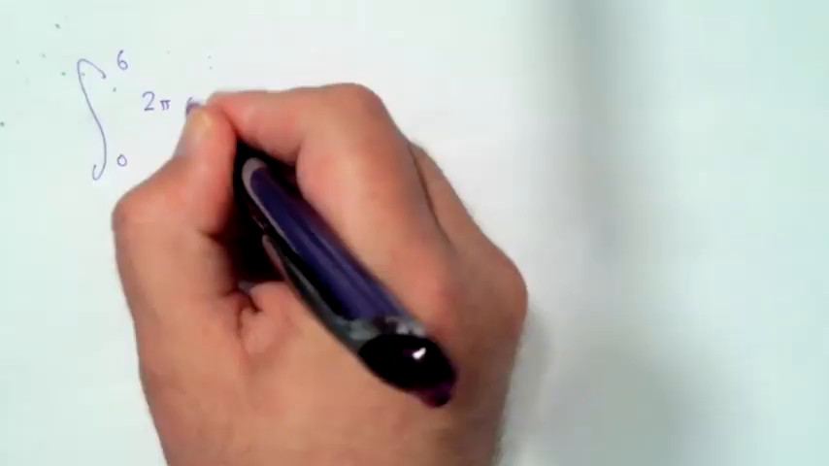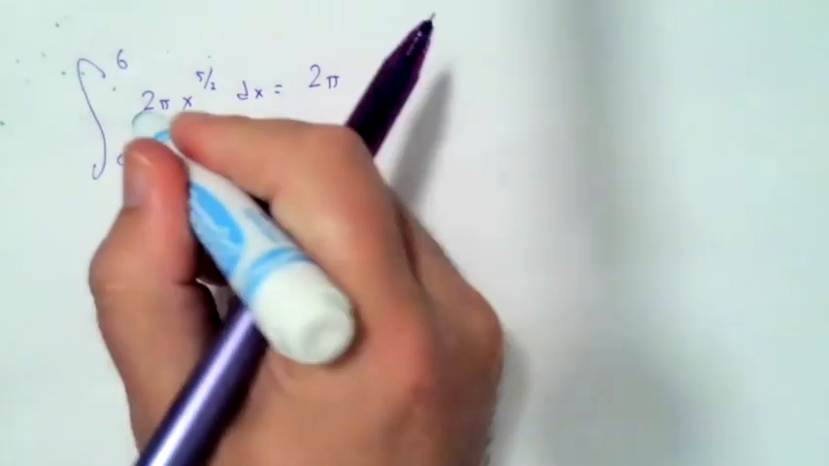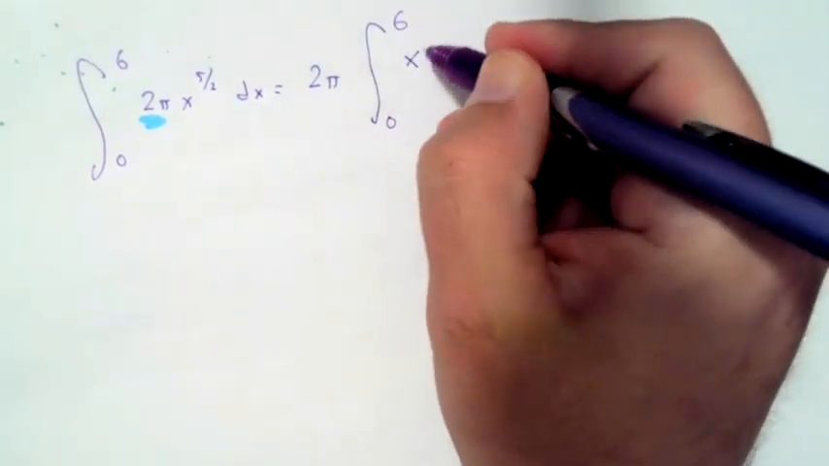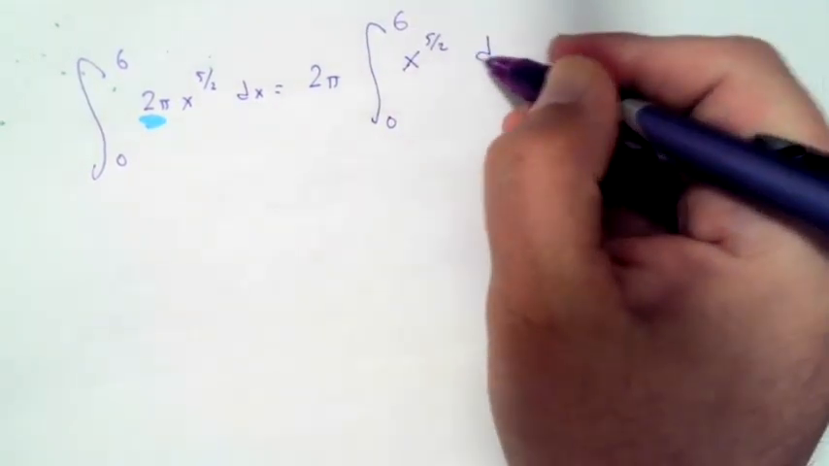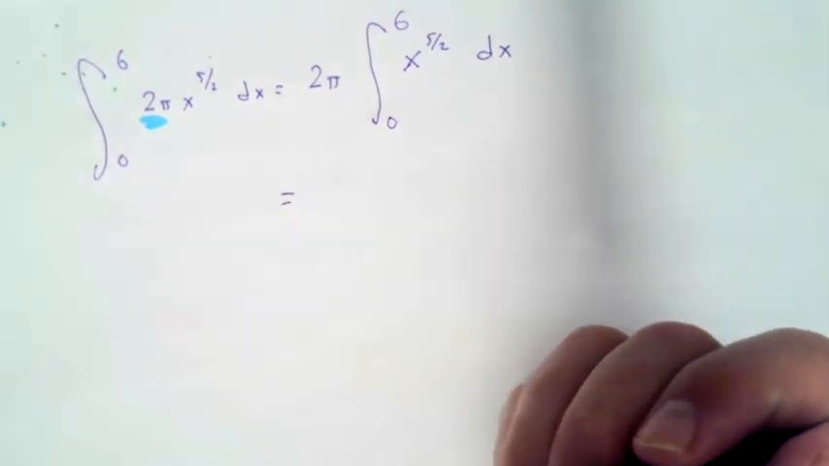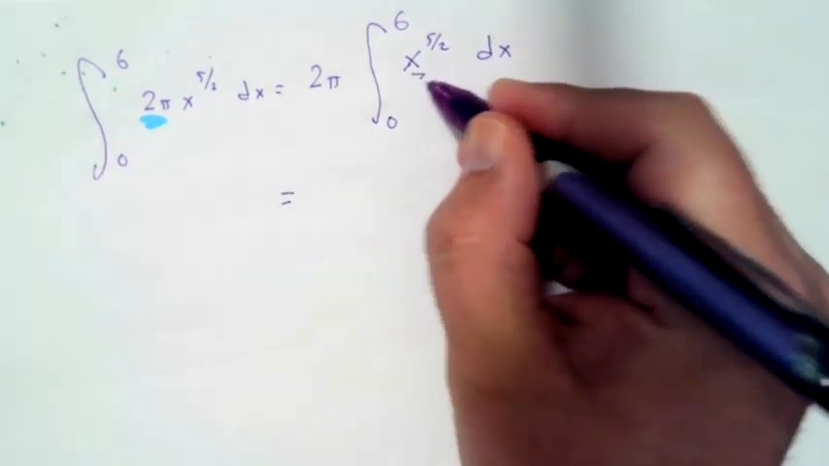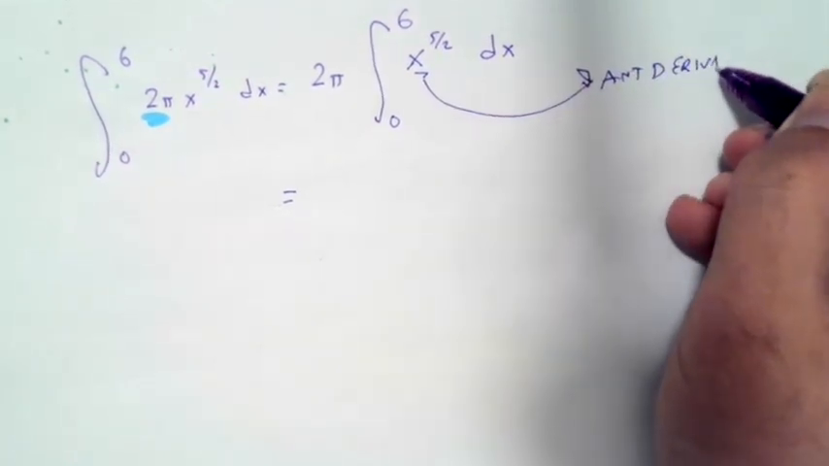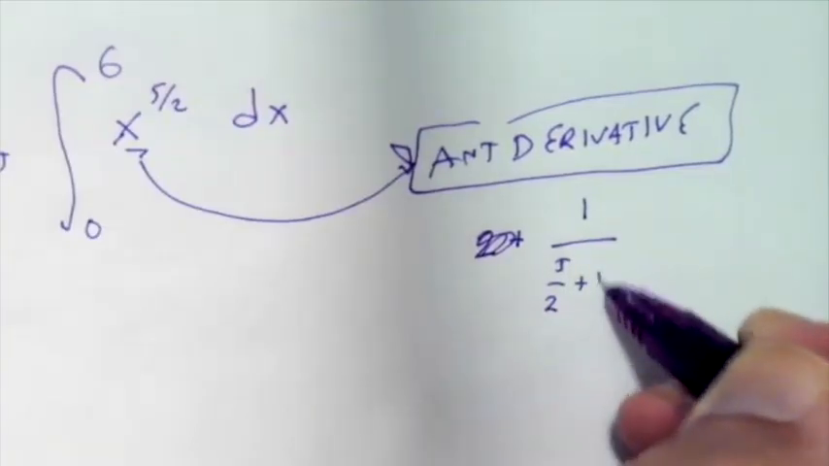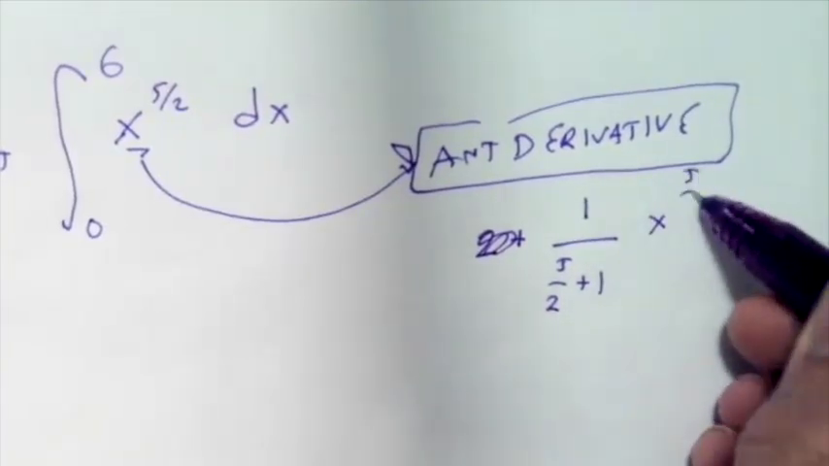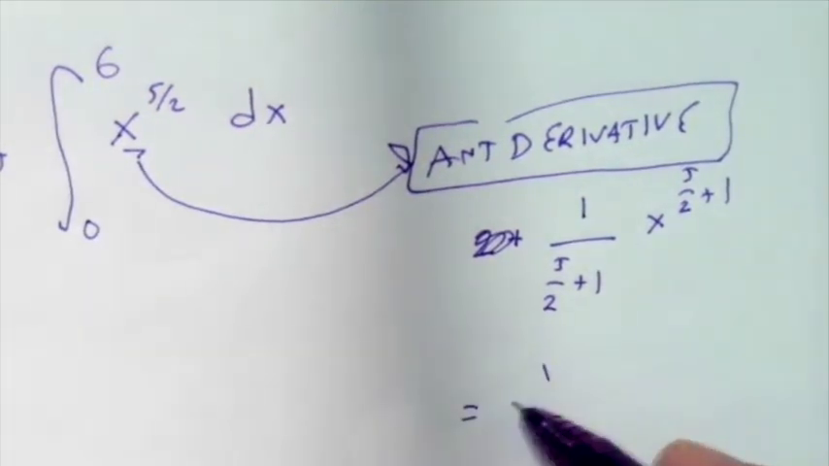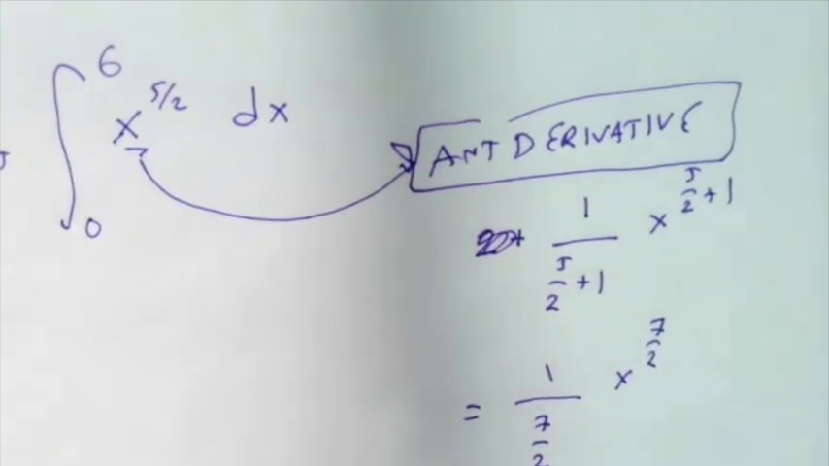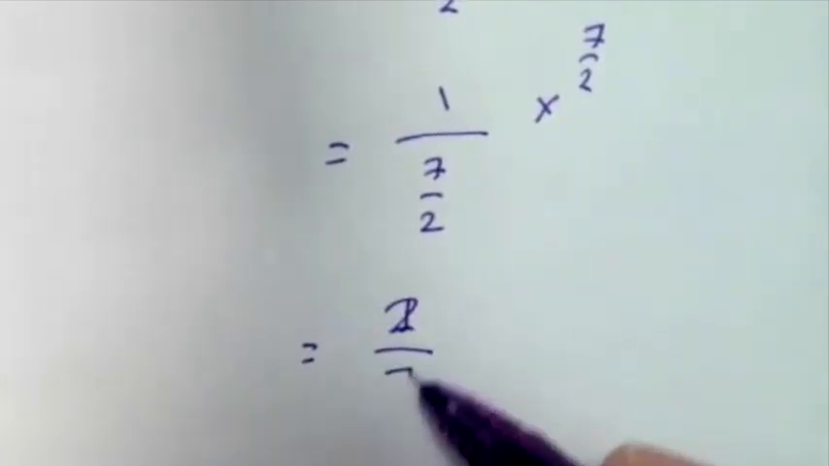Let's keep going. We can rewrite this and pull the 2 pi in front because it's a constant. And so we have 2 pi times the definite integral from 0 to 6 of x to the 5/2 dx. Now, in looking at this, x to the 5/2, basic power rule. So the antiderivative would be 1 over 5/2 plus 1 times x to the 5/2 plus 1. That's an antiderivative, so that's 1 over 7/2 times x to the 7/2, which we then simplify to 2/7 times